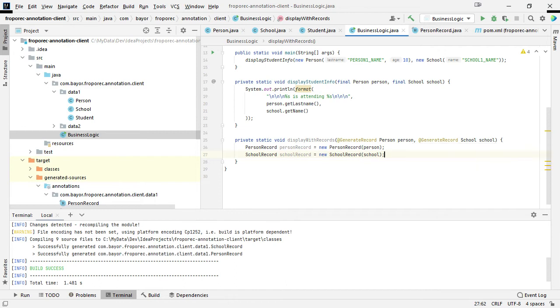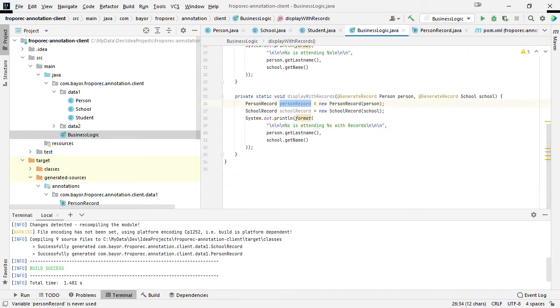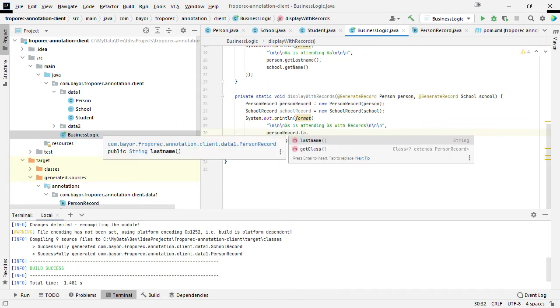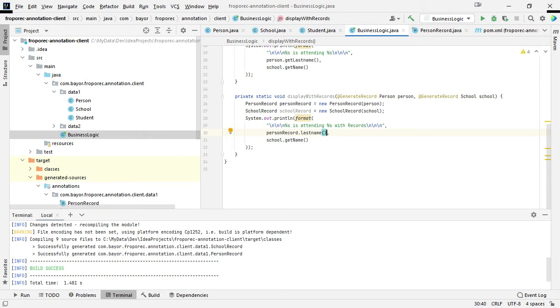And now we can just go ahead and let me call this something a bit different. Add this just to, now we're gonna see the difference here. Instead of calling the POJO, which is still accessible for us, we just delete all this and then call the record. And as you can see, we now have the getter, which follow the new syntax of record, Java records.